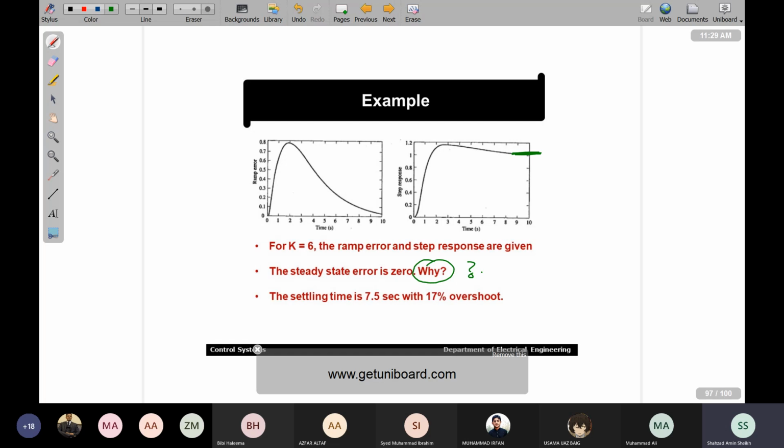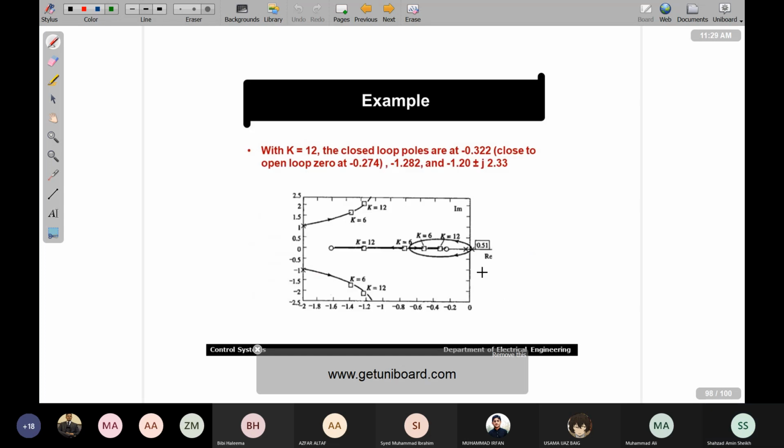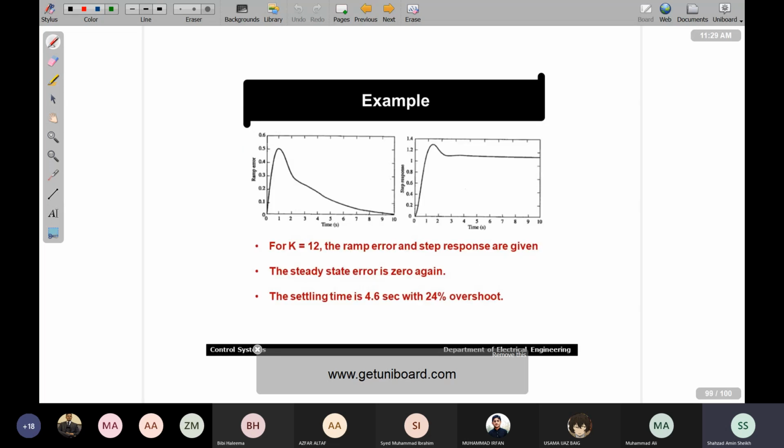Settling time at k equal to 6 is 7.5 seconds, which is not good enough, with 17% overshoot. But when we do it for k equal to 12, of course we have already discussed that the closed loop pole locations are changing, and as a result, when we see the steady state performance, in this case the steady state error will again be zero because the type number is not changing, but settling time is improving at the cost of